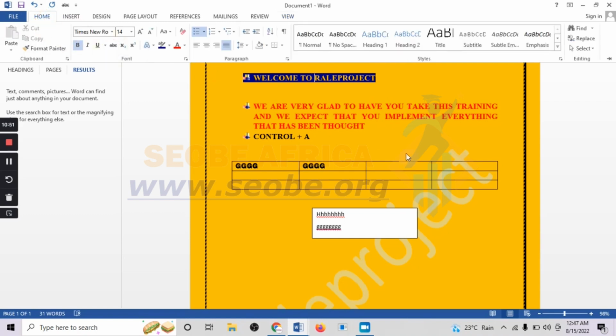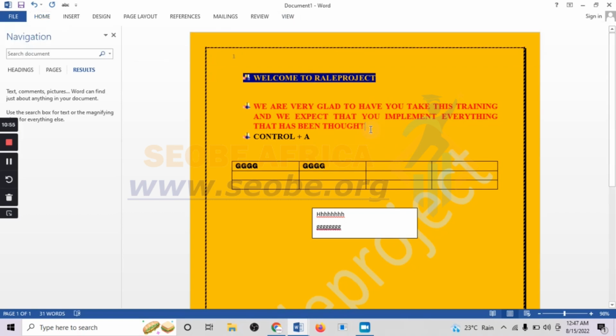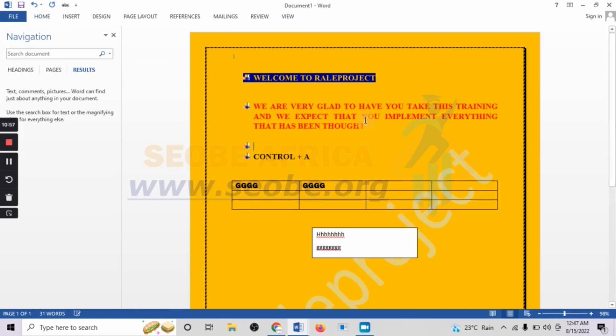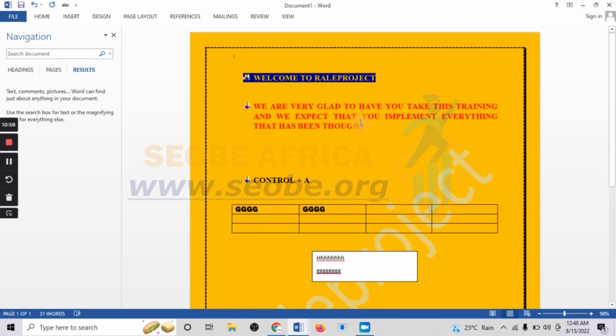Now the next thing I want to show you is how to copy and paste, which could actually be one of the simplest things to do on Microsoft Word. So remember, before you make any changes on your text, you need to highlight. So let's say I want to copy this particular text to another page. All I need to do is highlight the particular text I want to copy, and then